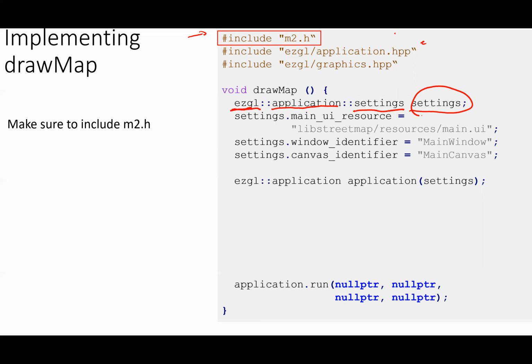I want to make an object of that type. Okay, so that's what I did. And now I want to set a few of its member variables. So settings has a member variable called main UI resource. A resource is a data file. It's not source code, it's data. And we've made a data file. You can basically store any resource files you want, so you can make your own too. If you have data files like images and so on that you'd like to have in your graphics,